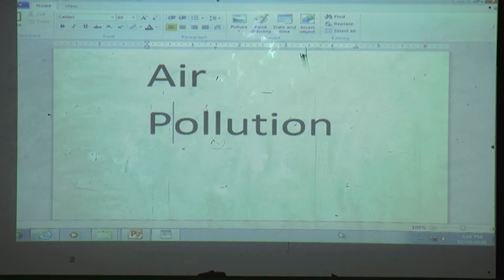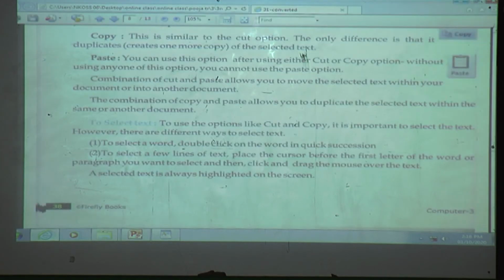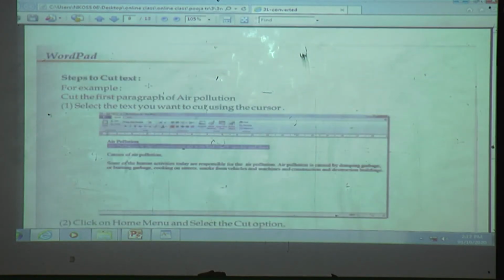Step 2, cut text. How to cut the text? Cut means move. When we do cut, the word or sentence is removed from its place.